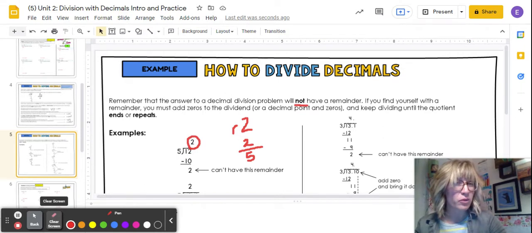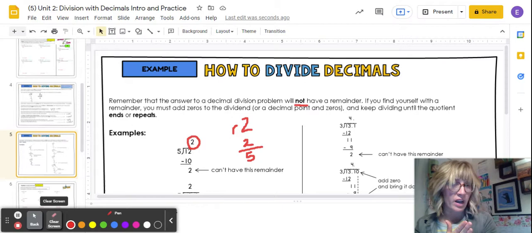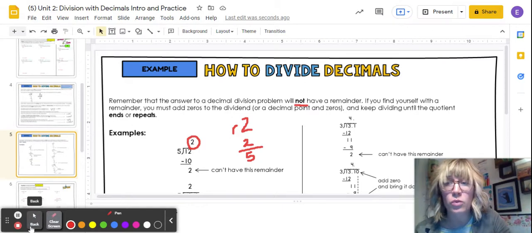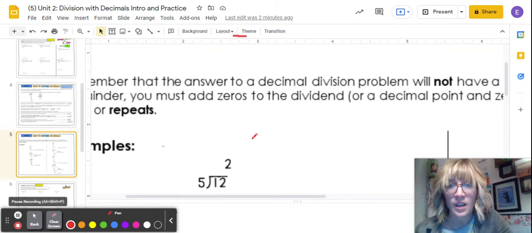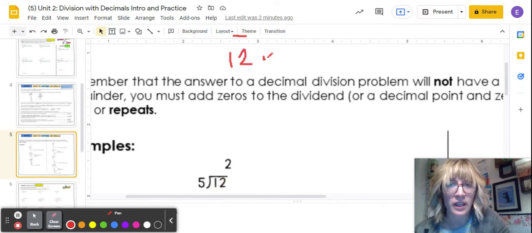It's a really helpful tool to know what to do here because you'll be able to find out if your quotient ends, what we call a terminating decimal, or if it repeats, or neither. You can have a non-repeating decimal, but you can get some really good information about what type of decimal you have. So if we have this problem, 12 divided by 5,